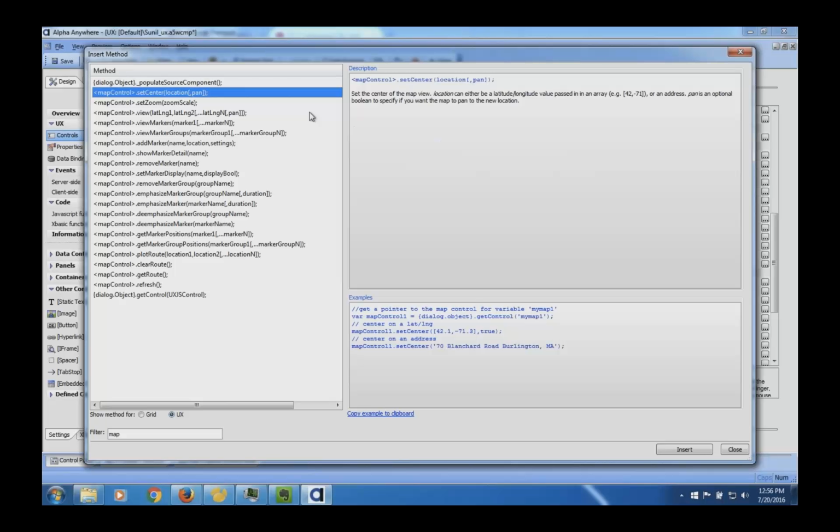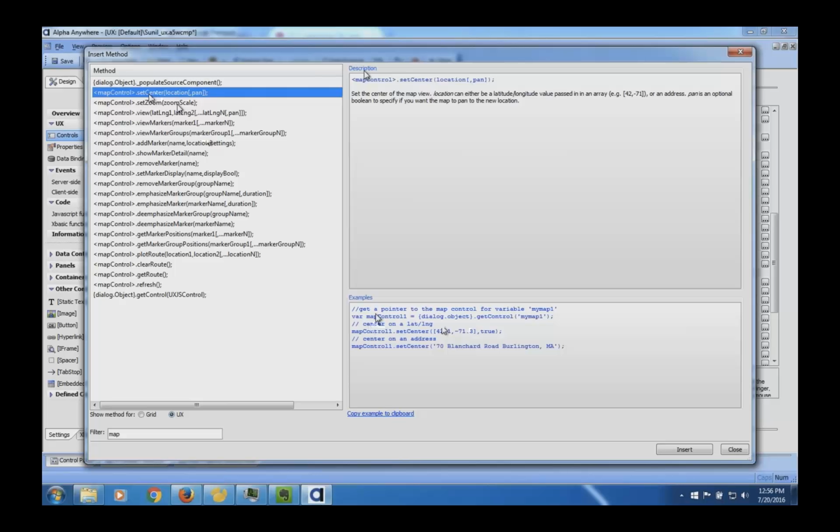So I can then manipulate that map using JavaScript that can then read the value of that drop-down box. In this case, let's take this example here, which is set the center location. This is the name, so you give it the map control. In my case, on mine, I don't show it there anymore, but I have map. I can just write this little piece of JavaScript that says get the pointer to the map, set the center